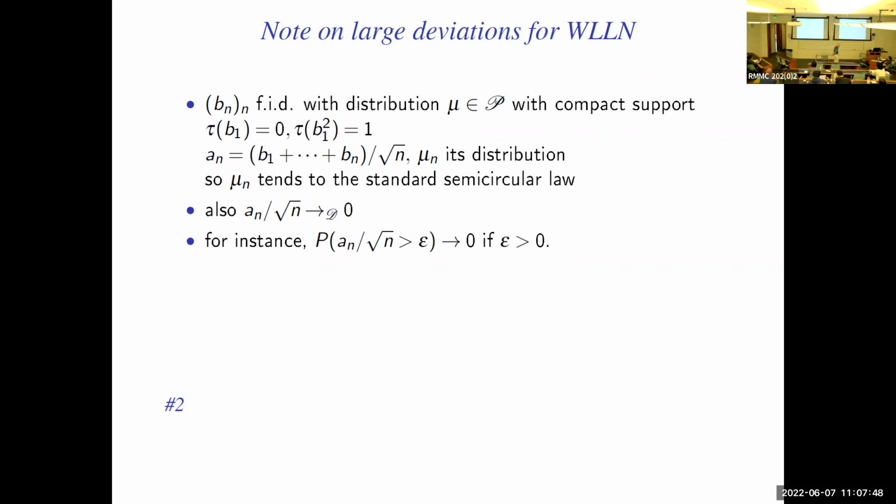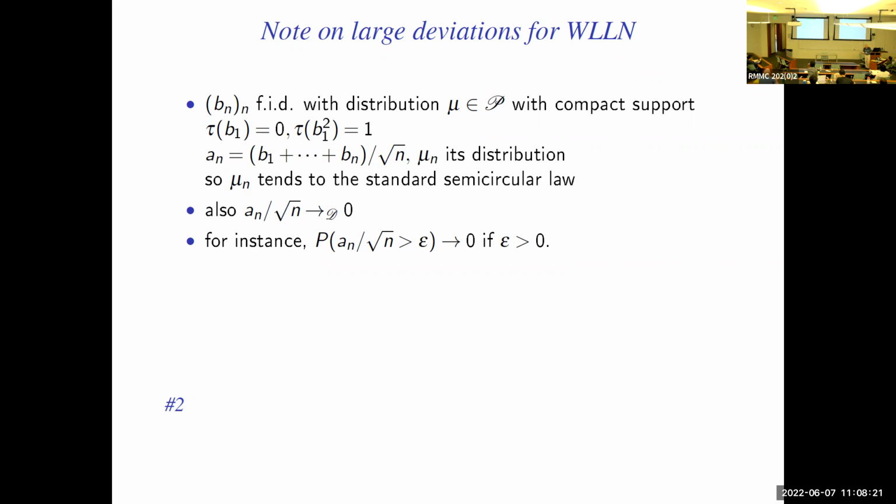But it's right. So take some X_n's which are in the setup of the standard central limit theorem. The weighted averages A_n, which are the partial sums divided by the square root of n, converge in distribution to the standard semicircular law. If you divide them by a further square root of n, A_n divided by square root of n, that's the law of large numbers. That's going to tend to 0 in distribution.